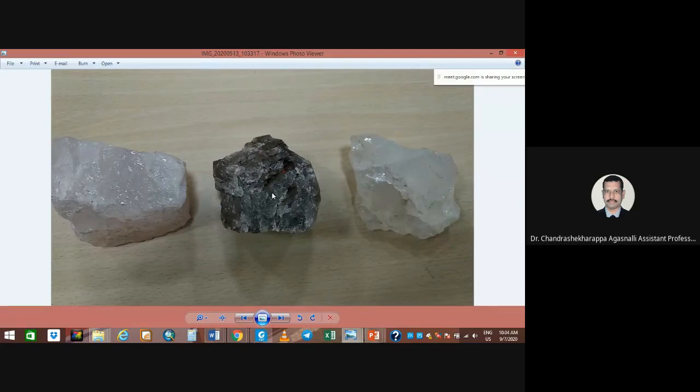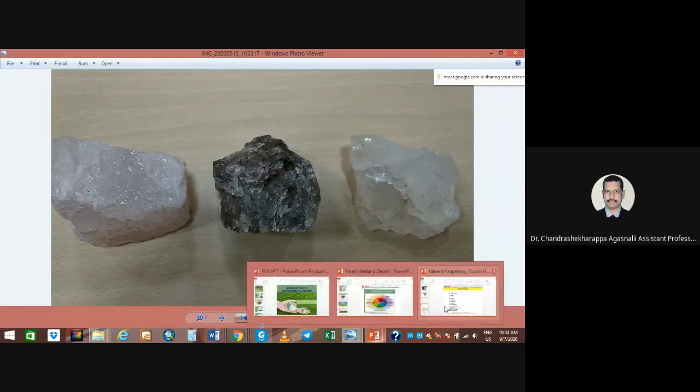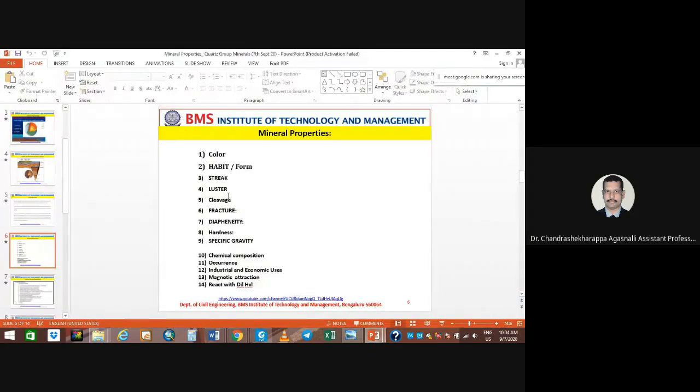It's not vitreous. In luster, there are three categories. The one is called vitreous luster. If the mineral is shining more, that's a vitreous luster. If it is a little bit partially shining, not 100%, that's called subvitreous. And some are like